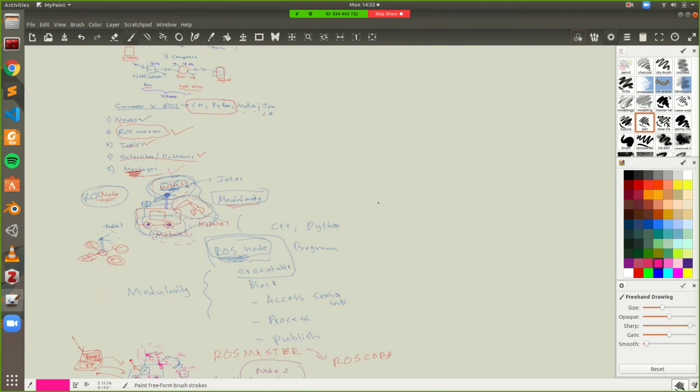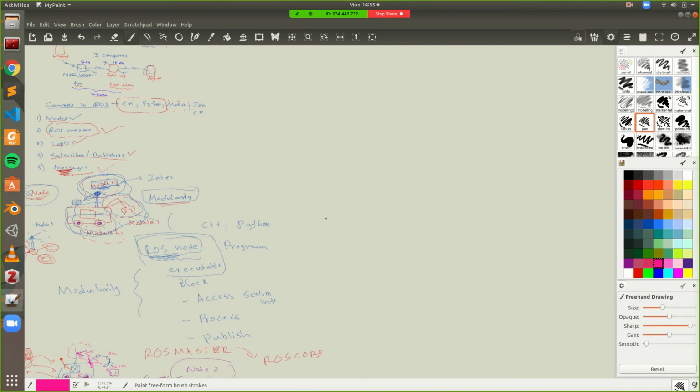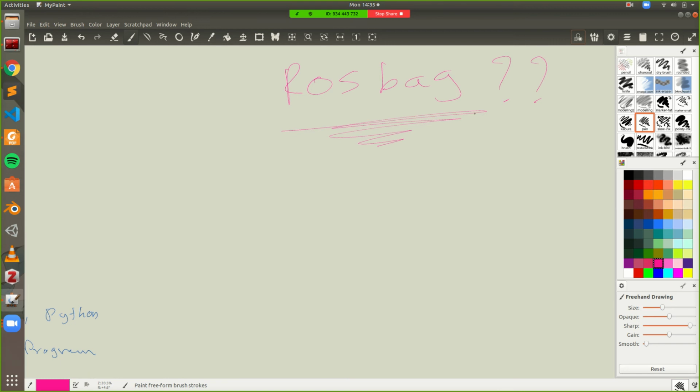before we move on to today's tutorial, and that's what the heck is a ROS bag? I mentioned what a ROS bag is before, at the start of this class. So what is a ROS bag, right? A ROS bag